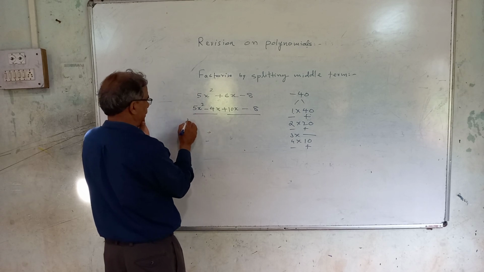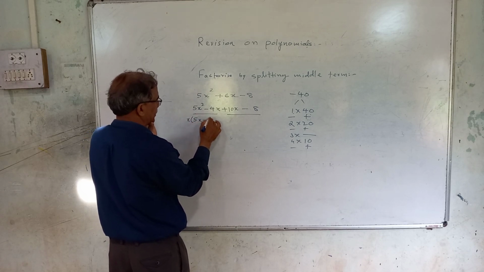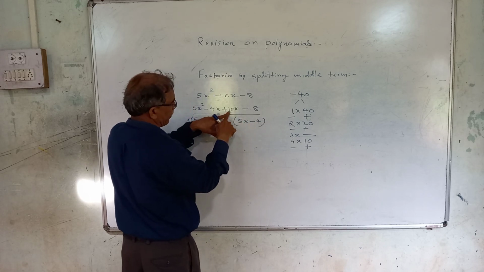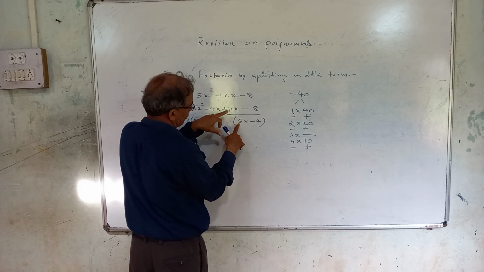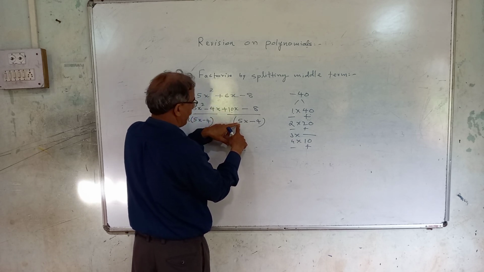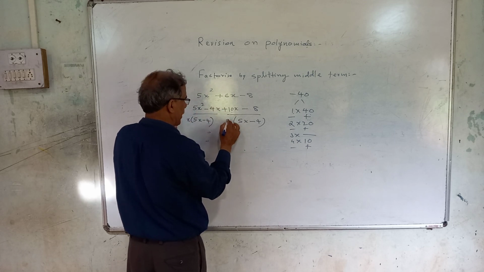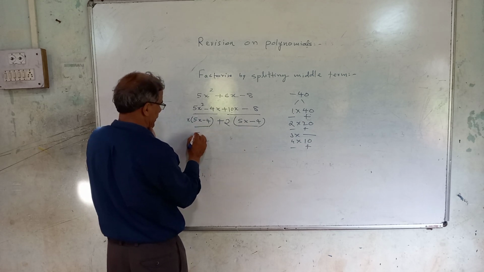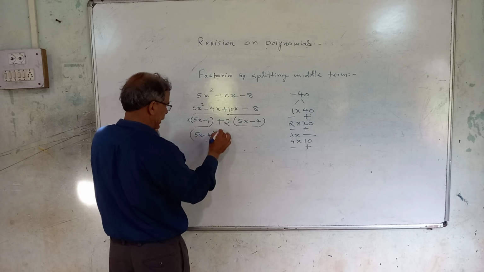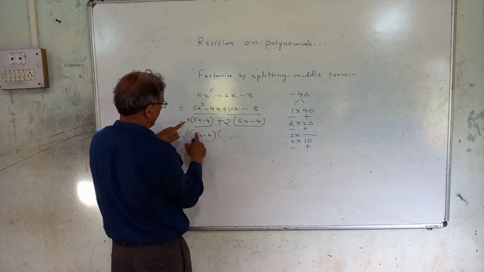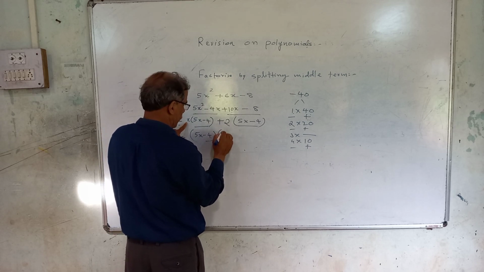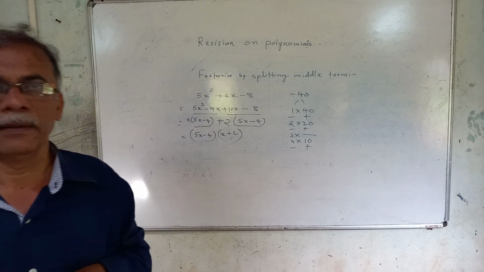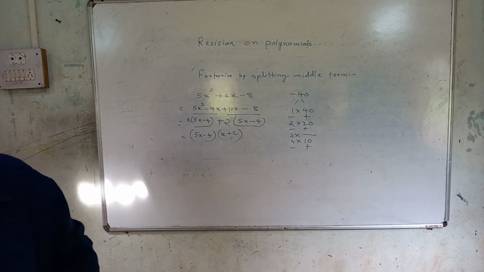Now this is one part, this is the second. What is common here? x. So write here 5x minus 4. The same will be common here, 5x minus 4. Now here 10x, from 10 you get 5 common. So which factor remains here? You see the table of 5 till you get 10. 5 2s are 10. So write here 2 and plus sign. Now this is the common factor. You write first 5x minus 4 into, in the second bracket, the non-common x, here plus 2. So x plus 2. So this is how factorization by splitting the middle term is done. Okay.